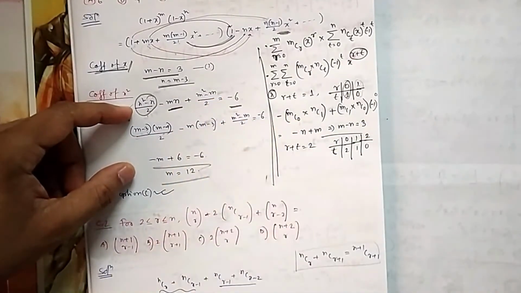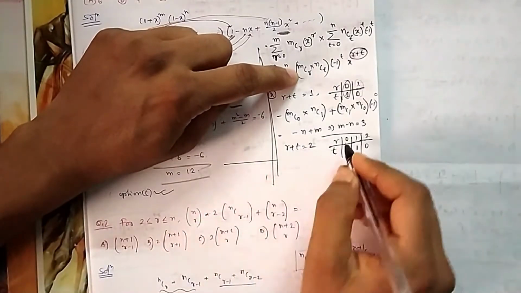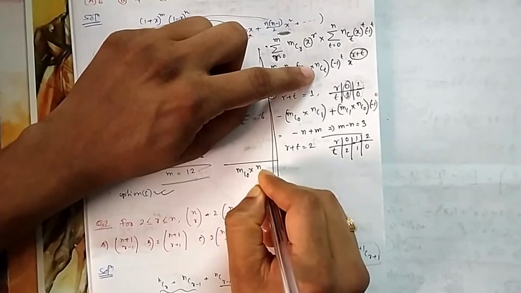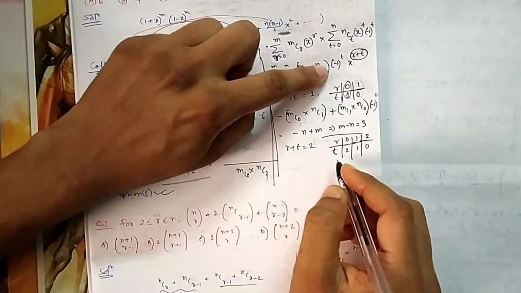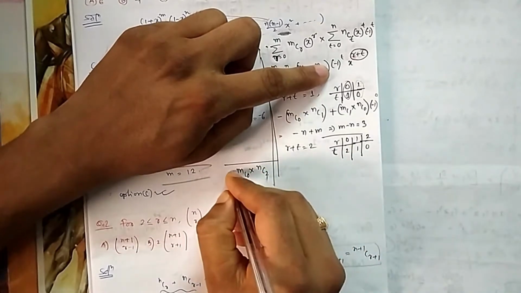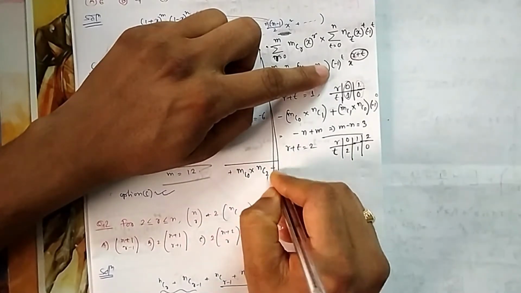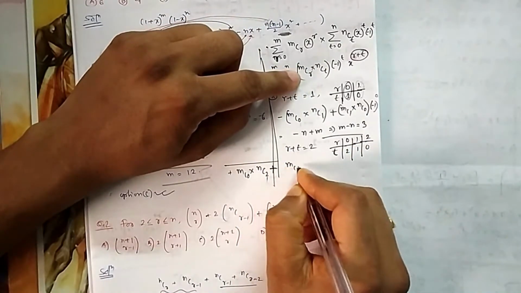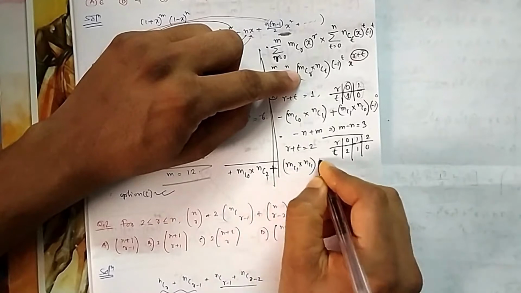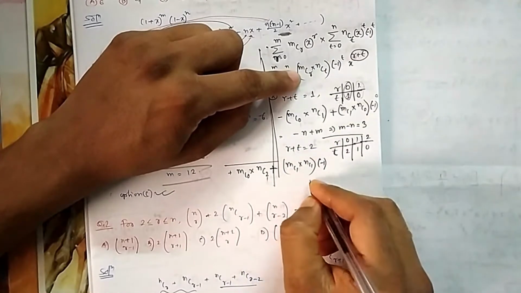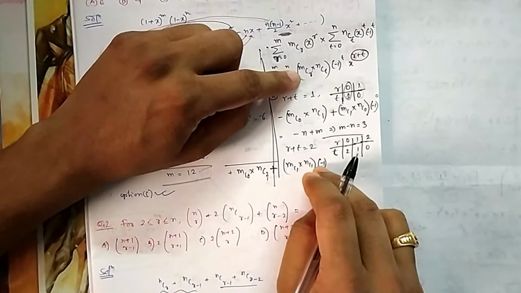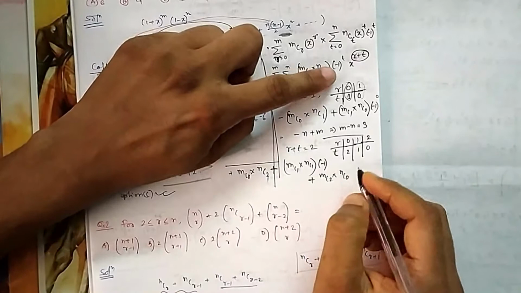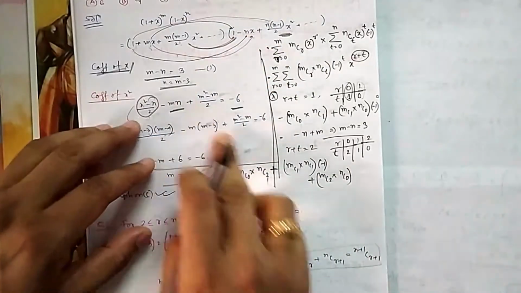So if I put it there, what are the coefficients? First, if I put 0, 2, then it is mc0 multiplied by nc2, and it will be minus 1 square. Then plus the second case 1, 1, which is mc1 multiplied by nc1 and then multiplied by minus 1, because for 1 the minus will come. And the last one will be mc2 nc0 and then minus 1 to the power 0. So ultimately you will get all these things.